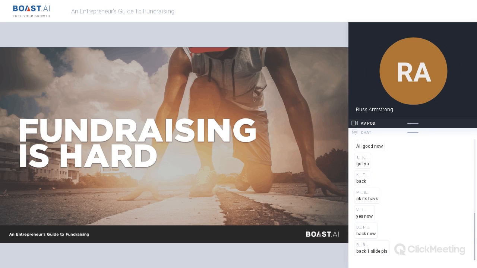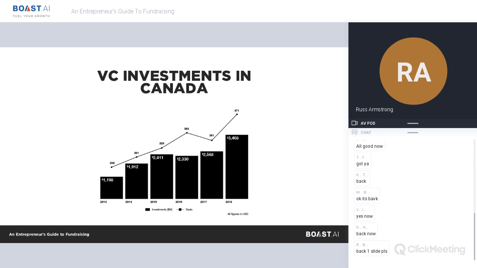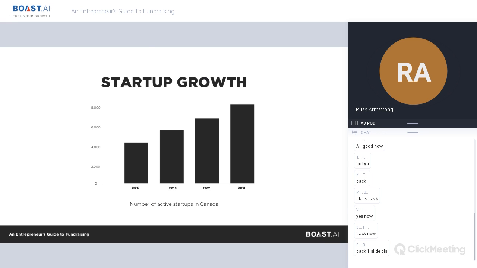Before I get into that, I just want to take a step back and give you an overview of the fundraising landscape and what everybody's talking about in the world. The VC landscape in Canada, and pretty much it mirrors other countries, is a growing number of deals and a growing number of dollars available to people in the market. You can see it exploding higher and doubling over a 5-year period.